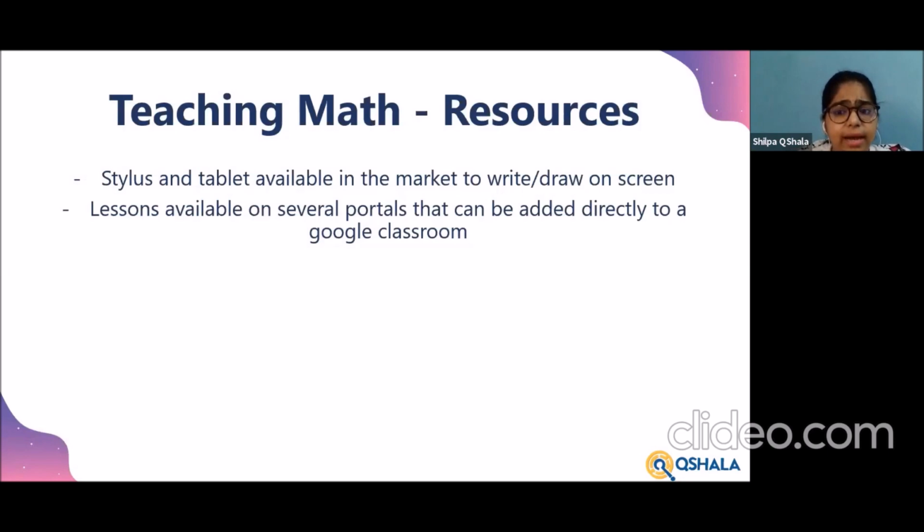For example, Khan Academy and BrainPop are some portals where you can open courses. They have Indian subjects, they have CBSE subjects that have been listed. There are a lot of small lessons based on different topics that have been mapped into these portals, and most of them are free to use.